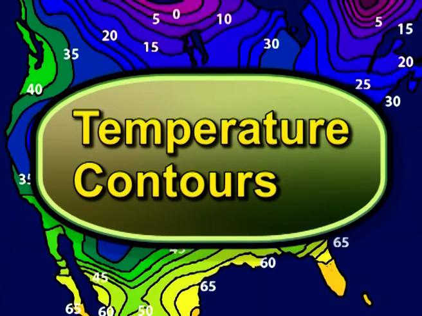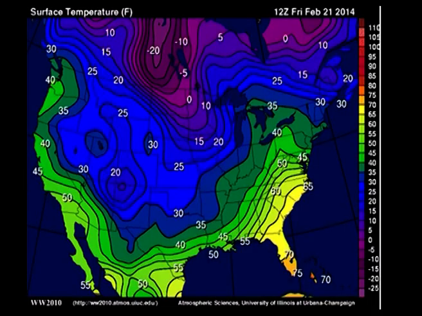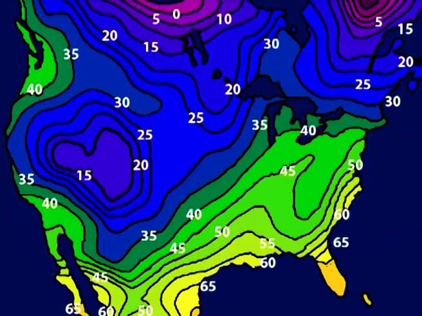Temperature contours. Reference weather map, current weather map. This surface meteorological chart shows the temperature pattern over the continental United States and is updated every hour. Surface temperature reported at each station are contoured every 5 degrees Fahrenheit. Areas of warm and hot temperatures are depicted by orange and red colors, and cold temperatures below freezing are shaded